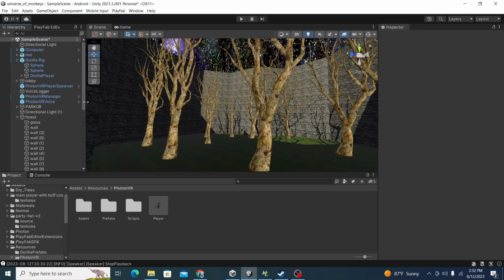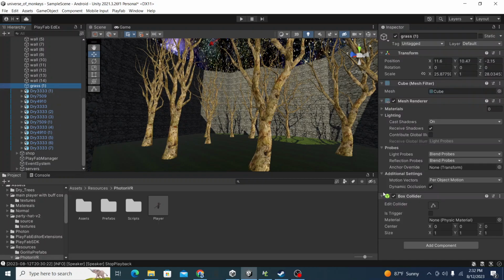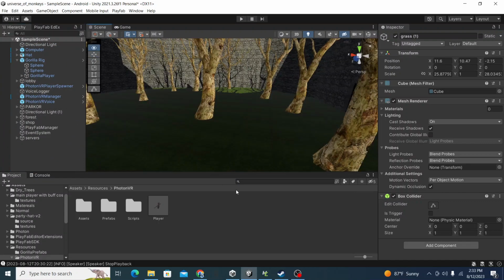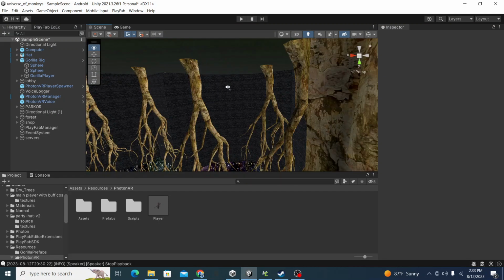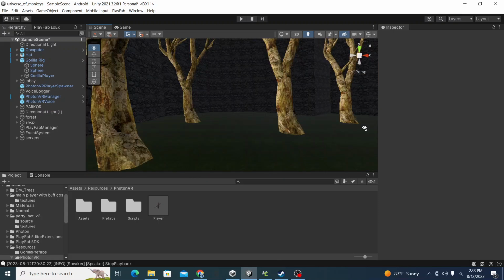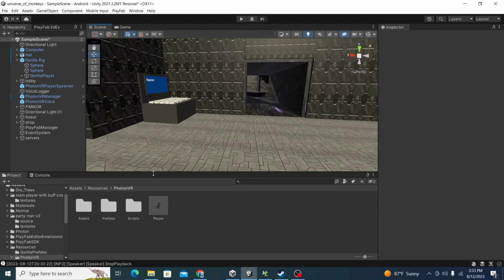Anyways, let's go back actually and make sure there's a box collider. The reason why I'm doing this is so I can just make sure that my wall's good and my barrier's good, so that people don't escape the map, which I probably won't. Anyways,